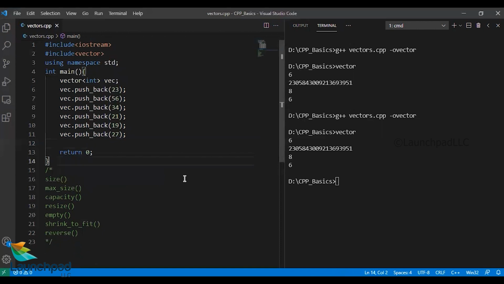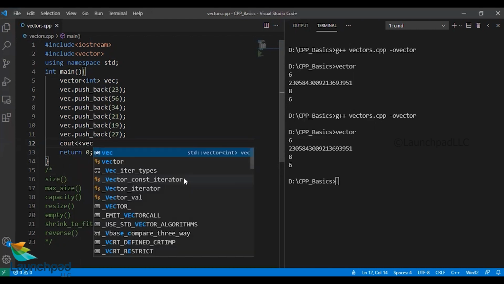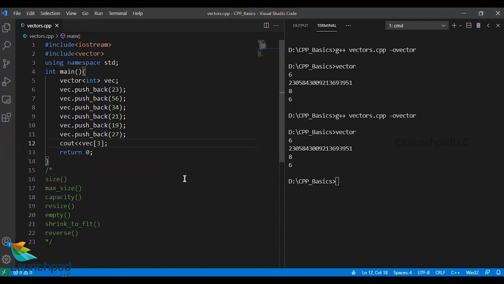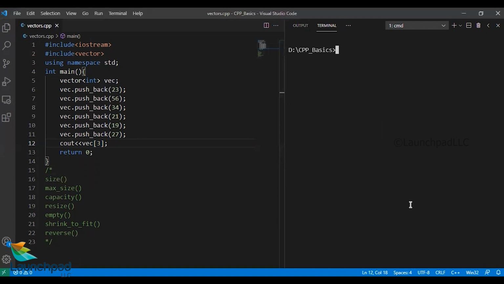So for this particular vector, which we have on the screen right now, we have 6 elements. If I wanted to access, say, the third element in the vector, it is very similar to the way you access it in arrays, with square brackets of 3, which refers to the element at the third index, where the indexing basically starts from 0. Let's run the file. It says 21. So this is at the 0th index. This will be my first index. This is second, and this is third. So you access it the same way you can access your arrays here. It's similar to array access.